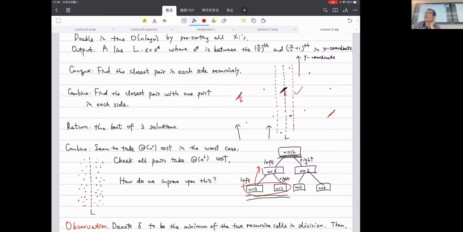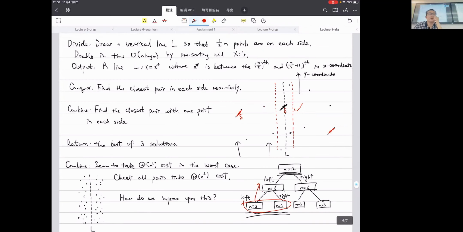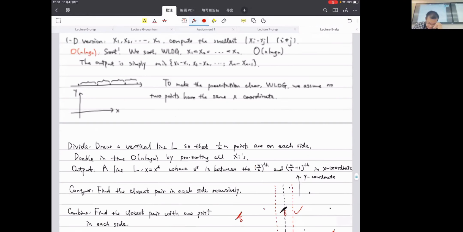Is this actually getting better? You call that line again? It's called a delta strip. A strip. I just use this English word. So the value of delta depends on the current delta value. The value of delta here,